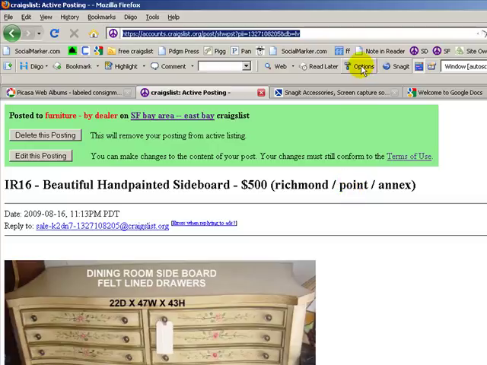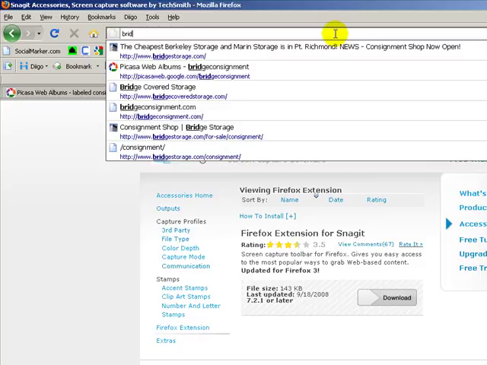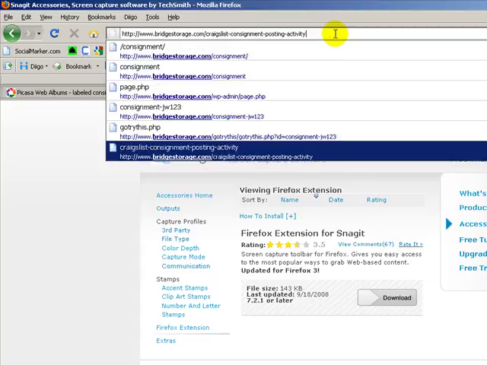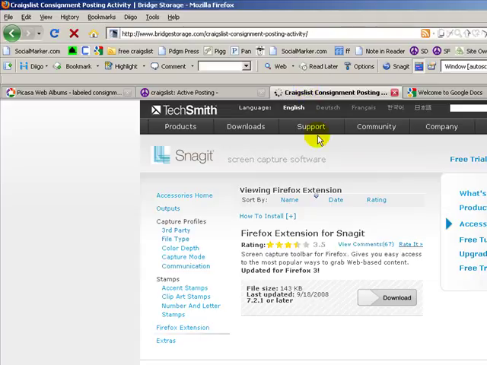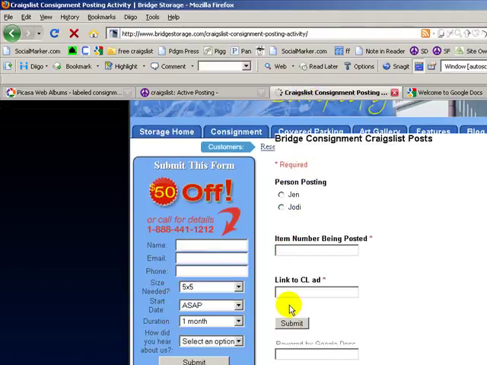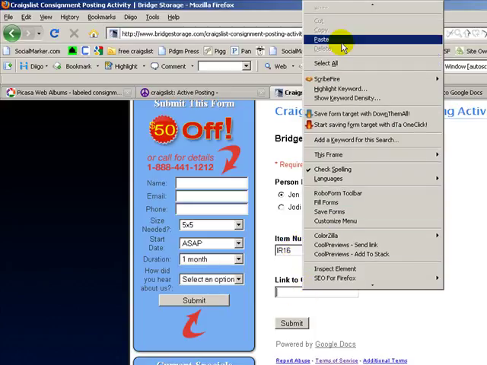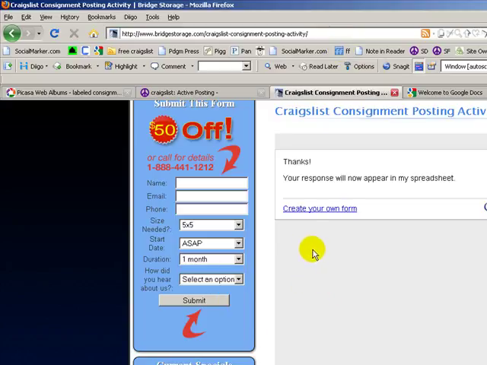and then we're going to go back to the bridge consignment, or the bridge storage.com, and we had that Craigslist consignment posting activity. There it is. So you can have this as the last thing that you need to put in there. And let's say this is Jen doing this. Item number being posted was IR16. I want to see that. And then the link to the Craigslist ad, which I saved from before, I'm going to go paste. So now I can submit that, and now I will be able to go back and look at my spreadsheet